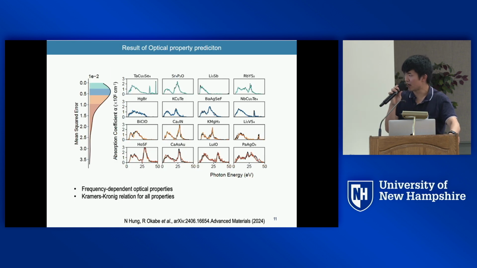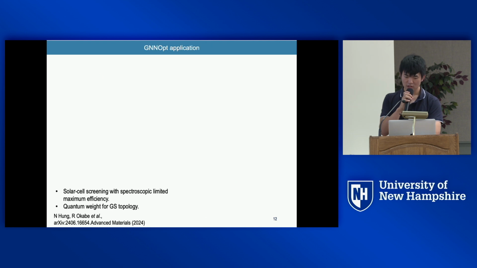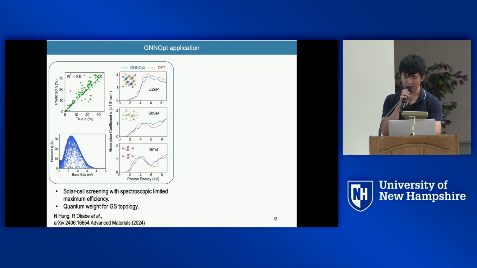Here's the output of the optical property prediction. The color spectrum is the prediction, overlaid with this black ground truth spectrum. We can see that most of the spectrum is very overlapping with the ground truth, showing its strength in the prediction. And furthermore, the GNN opt has more applications, such as that it can find which material is